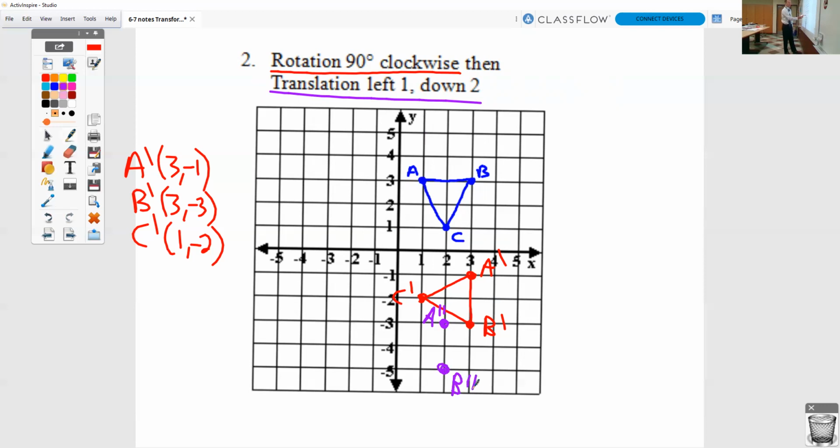And starting at C prime, left 1, down 2. Here's my new C double prime. And there's my 3 shapes. So this was my original shape. This was my new shape, my single primed, and this was my double prime shape. So that's one type of question where they give you the directions and you need to draw and label the